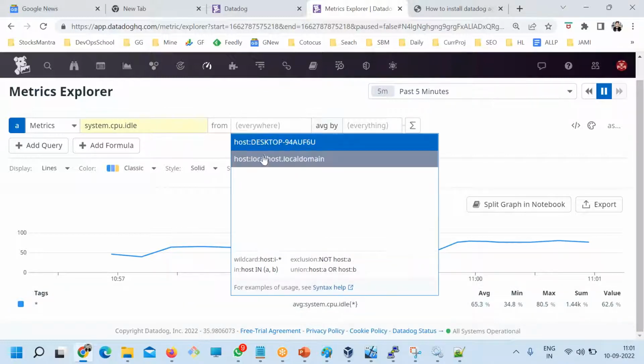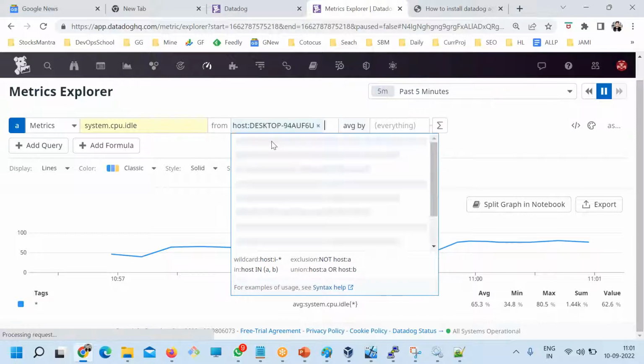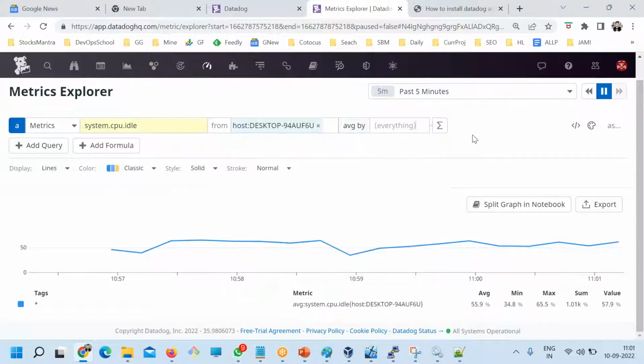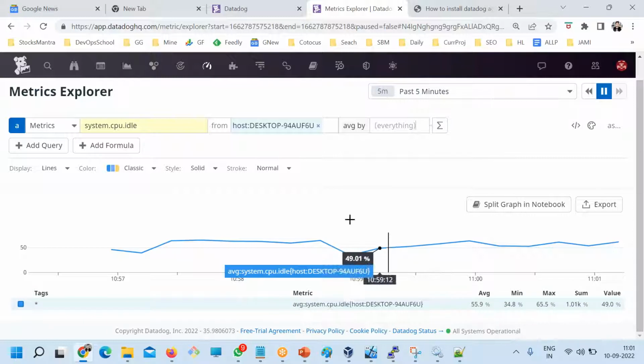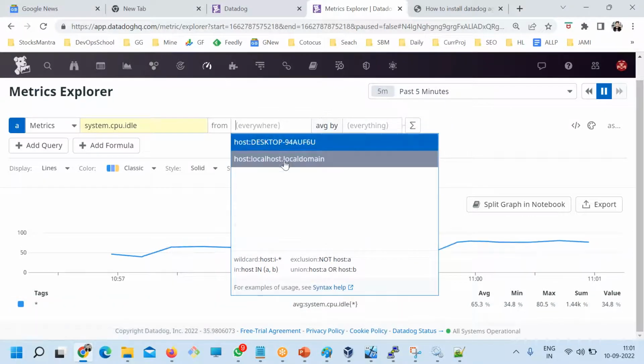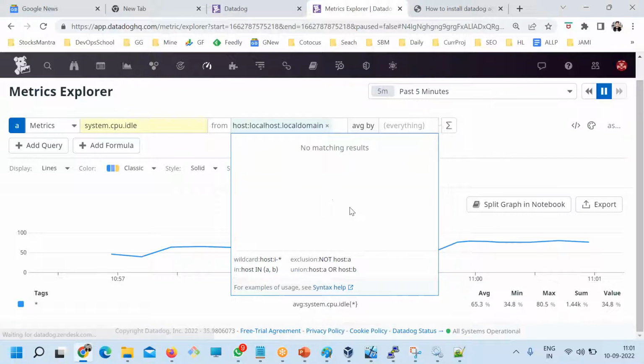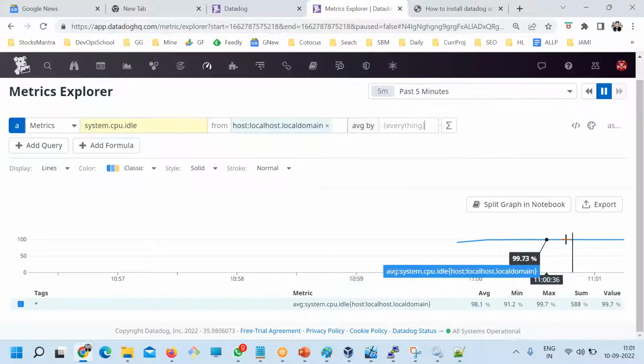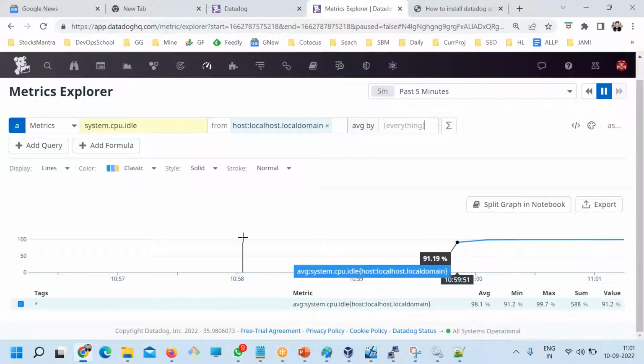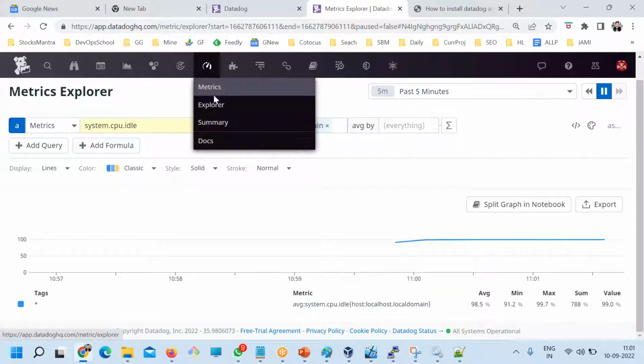So here is Windows, and this is Windows, and let me see Linux. This is Linux. I should have given a right host name, but that's okay. Now explore this, understand that okay, utilization idle is 50%. So here you can explore the entire metrics which you store in Datadog.